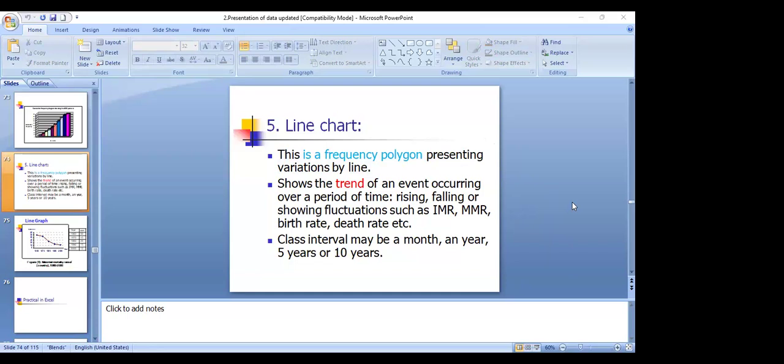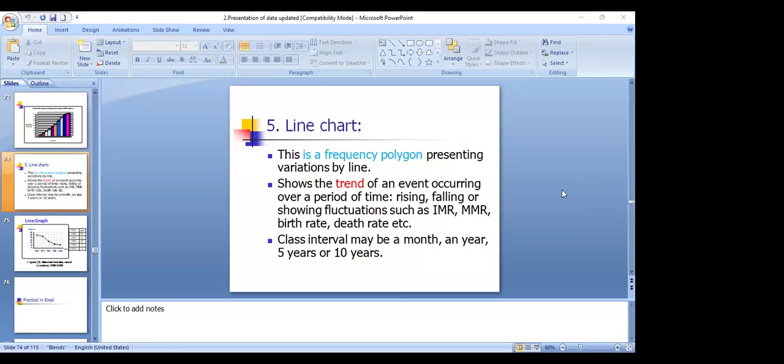I have been wondering from last two lectures that we are studying about various graphs and curves and various conditions in which we draw them. So I just want to ask that when we draw a cumulative frequency curve, doesn't it mean that we are just drawing a histogram with data in an ascending order? Yes, exactly. It is basically a histogram, but the data has been arranged in ascending order.